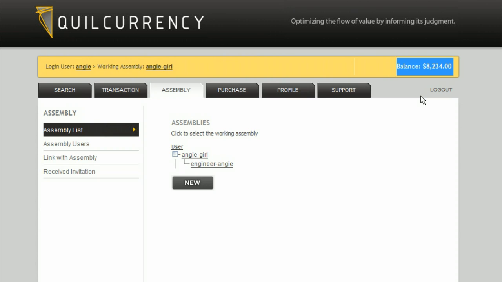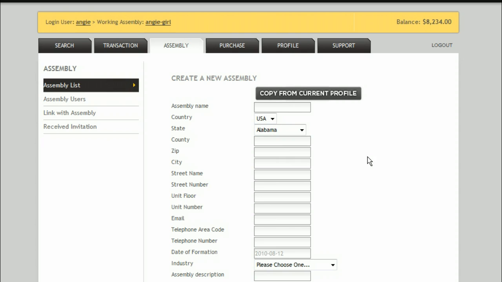activity. This is where she stores all the money she plans to spend on herself. Her next assembly represents her engineering job, Engineer Angie. And now let's add one for the volleyball coaching position she has taken in the evenings. Now let's give her the assembly name Volley B Angie in USA, California. It'll be the county of Santa Clara, 94024, Los Altos, and the street name is Riverside Drive, street number 500, and we'll give her an email,